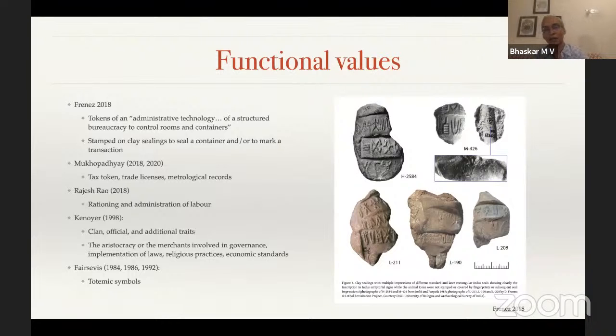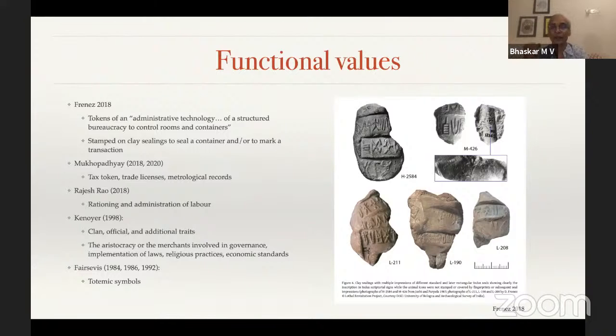Many spiritual values, religious values have been pointed out in the context of the unicorn and the texts accompanying the unicorn, that we will come to ultimately. Rajesh Rao has made a very interesting hypothesis that the offshoots of the seals, that is the clay stamps produced with these seals or clay stamps attached to these seals, sometimes produce an independent rationing and administration of labor workflow. That is an interesting point of view as well.